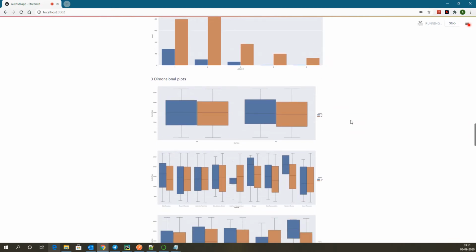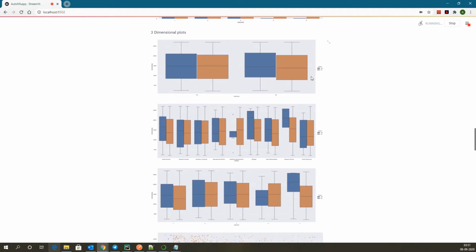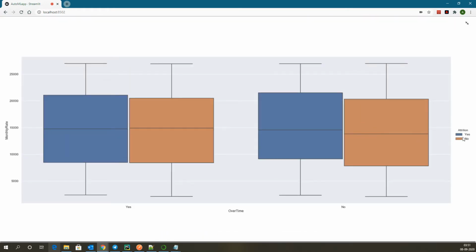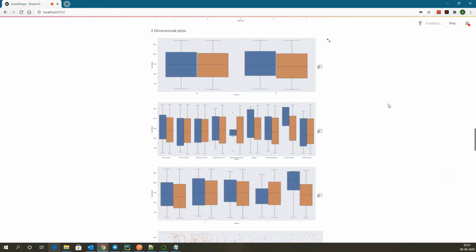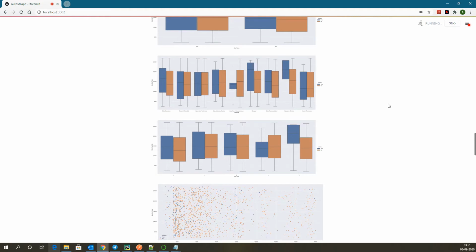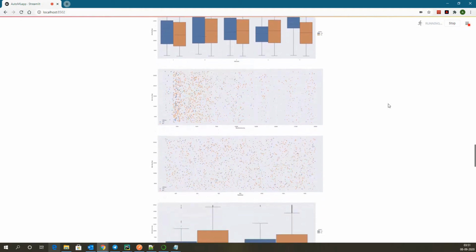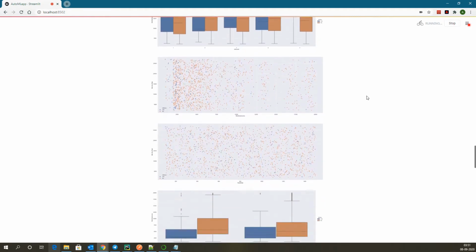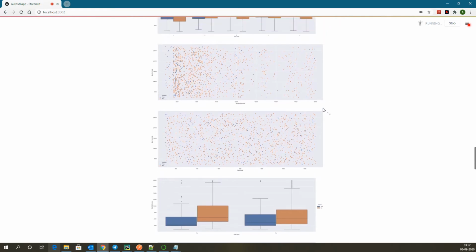In addition to the 2D plots, it also plots some 3D plots. So you have two independent features on x and y axis, and the target as a color. You can expand this and see the plot bigger also. Along with histograms and box plots, it's plotting scatter plots also.